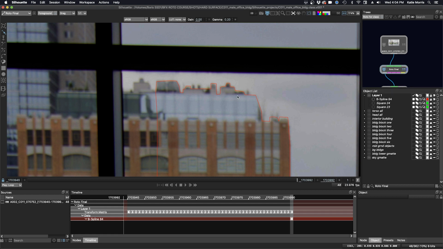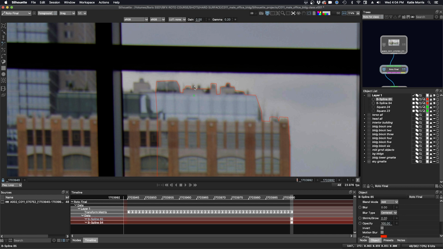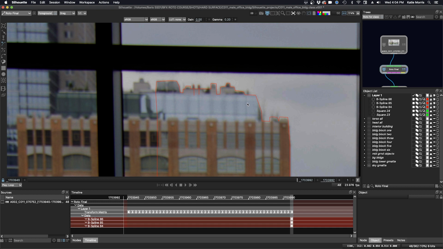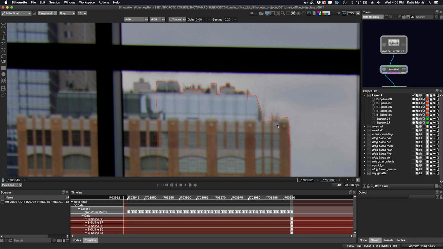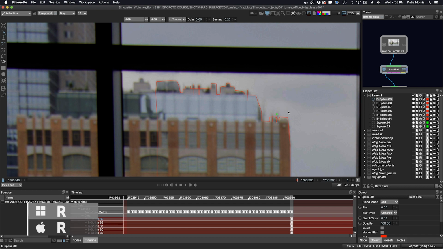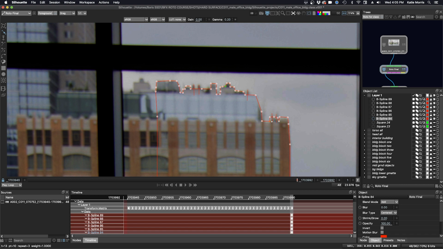So I'm going to click the B-spline and press down 2 points, press escape, press B, 2 points, escape, and so on. You might ask, why am I making so many little shapes? It's because this detail you have here will make your shot look a lot more realistic. Right click R. I'm just going to put these into place a little bit better. Let's just lock that one.